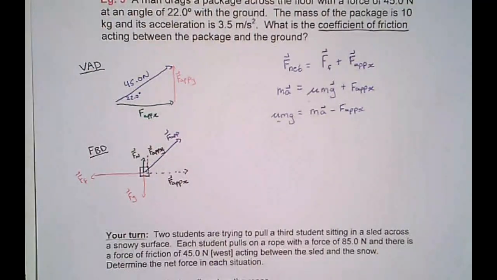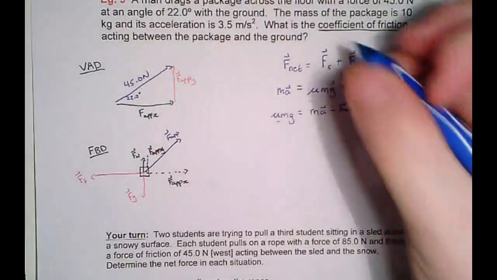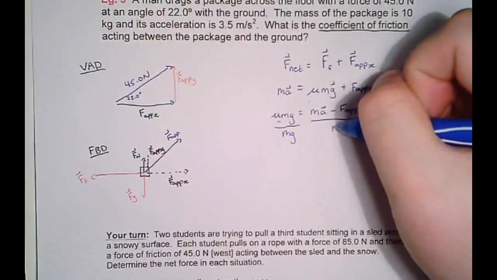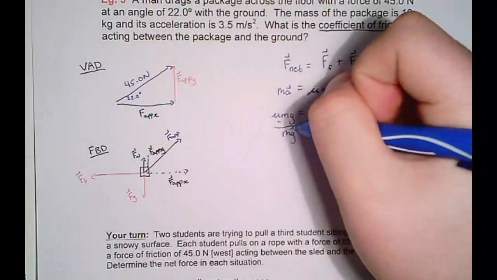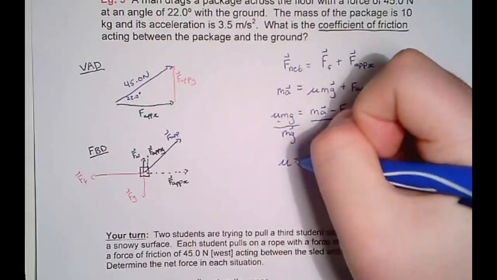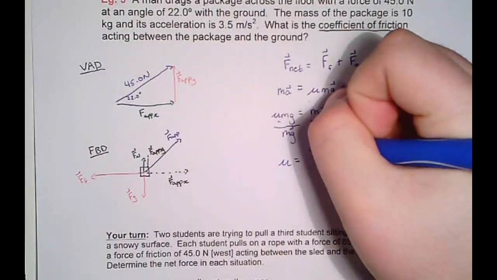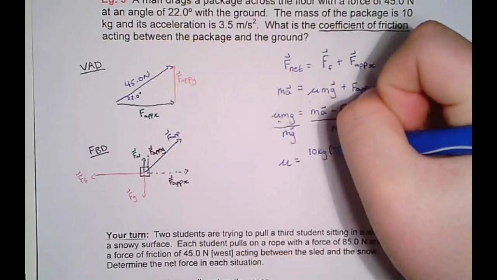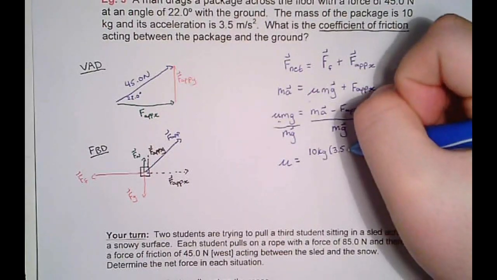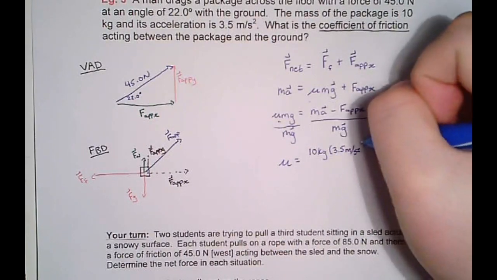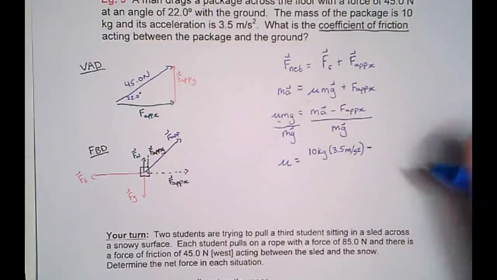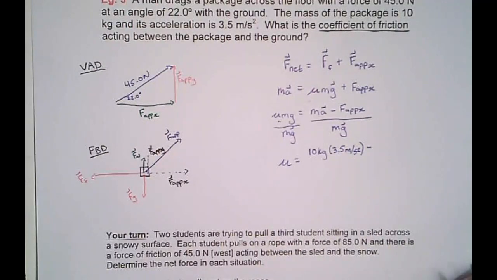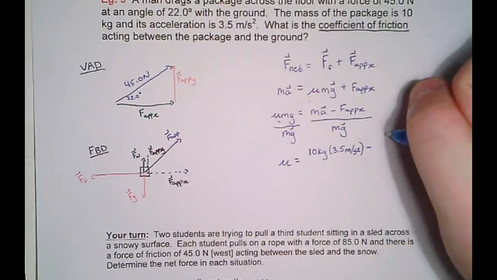And we want to get that mu by itself. We're solving for the coefficient of friction. So we divide both sides by the mass and the gravity. So mu is equal to 10 kilograms times our acceleration, 3.5 meters per second squared, minus our applied force in the x direction, which remember is